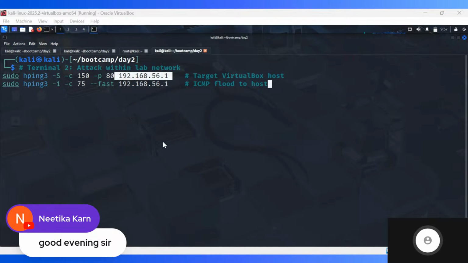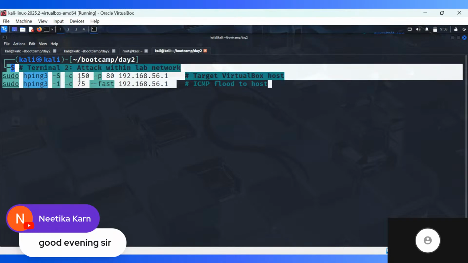Why 192.168.56.1? I'm very curious. Can you guys tell me why? Subnet, Ayush Joshi, perfect. Very smart. So the reason is that usually whatever your IP is, this part is constant, and then it gets assigned 1, 2, 3, 4. The subnet one is always assigned to the router. So you're targeting the router here within the lab.